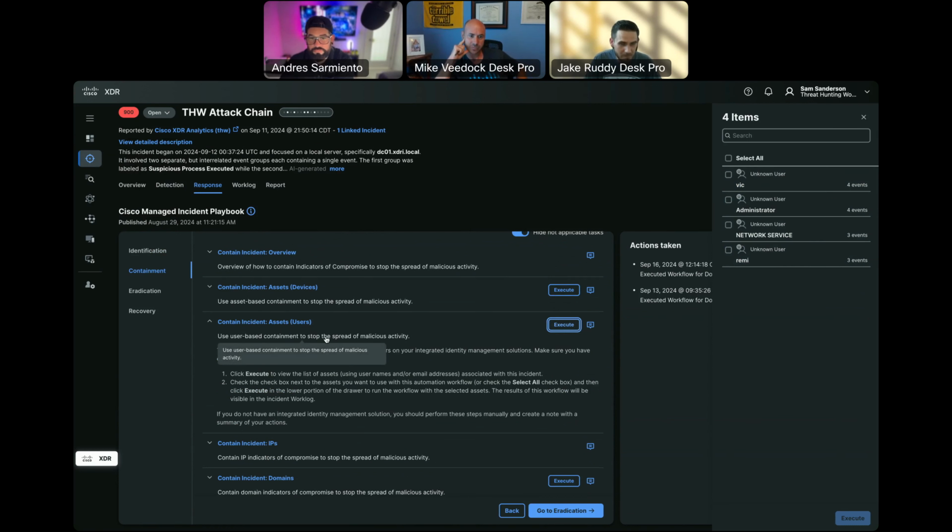This is new. I think in the last couple of weeks we added this user containment. Because again, yes, our endpoints get compromised, our endpoints get breached. That's where the vulnerabilities lie. But more often than not, it's the users that are being compromised, right? It's the person, it's the people, it's their account. That's where these compromises are most often occurring.